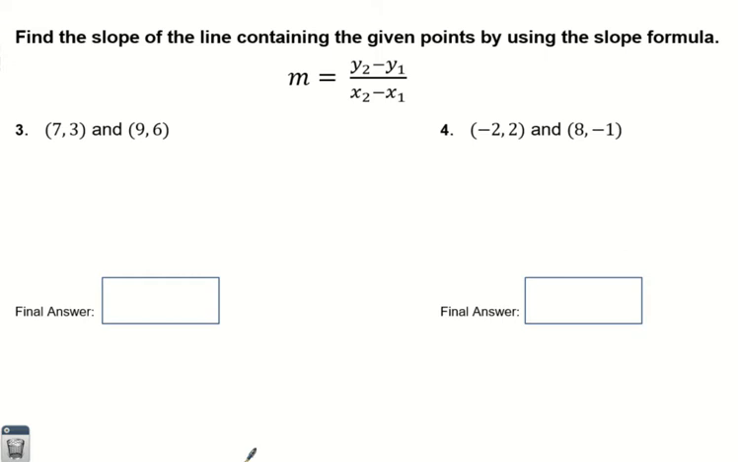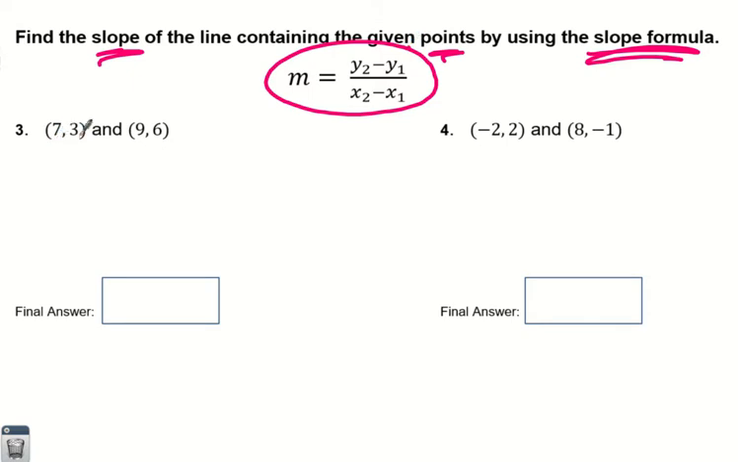Alright, now I will do it. Find the slope of the line containing the given points by using the slope formula. So here it is. Here's the slope formula that's on my wall and everything like that. At least these days it is. So number 3,